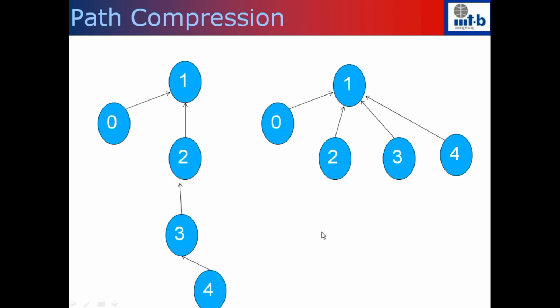So when you do the find operation, we will do a little more than what is required. Let's say that I want to find 4. So what our find algorithm does is that it goes to 3, from 3 it goes to 2, from 2 it goes to 1, and 1 is the root of the subtree, so it will return 1. So during this process, what we are going to do is cut all the nodes that I am going to visit, and the subtree will be attached to 1, right? So the subtree will be attached to the root of the subtree.